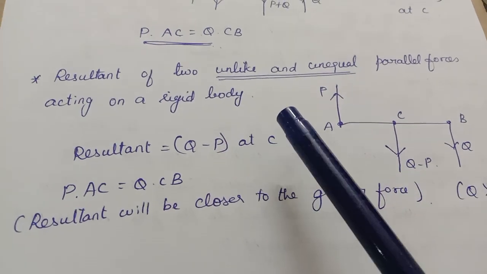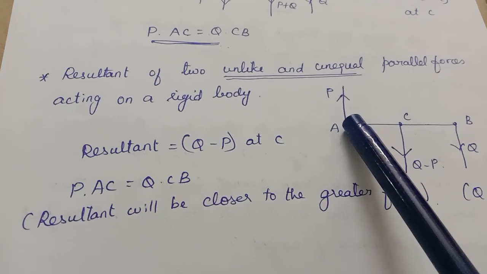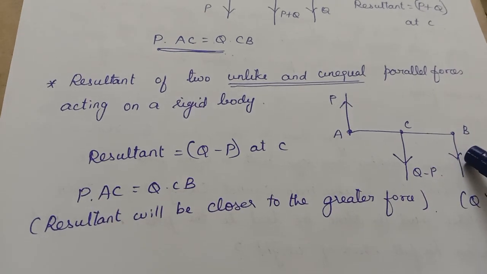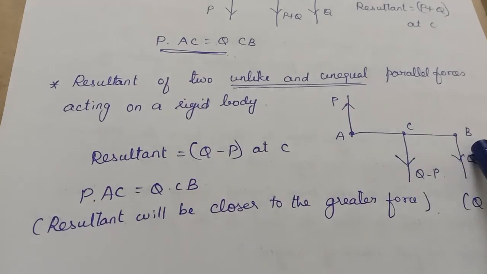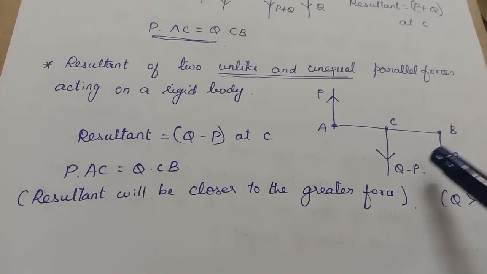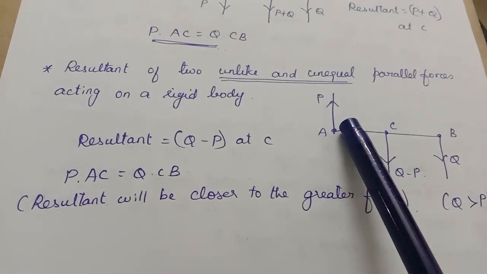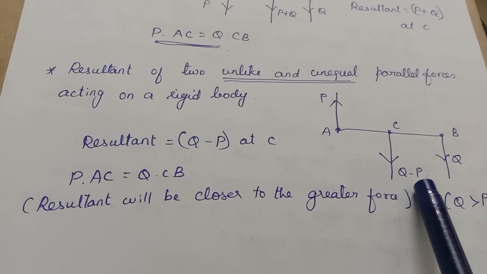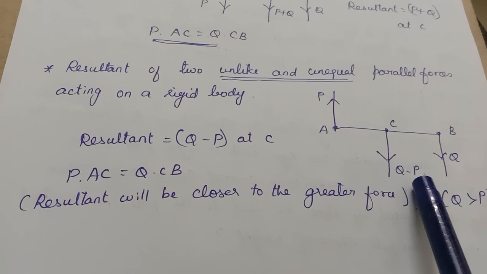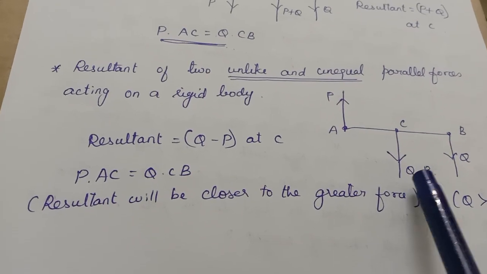Next one is resultant of two unlike and unequal parallel forces acting on a rigid body. Unlike means what? They are acting in opposite direction. So let us assume P is acting in the upward direction like this and Q is acting at B along the downward direction. Now join this AB by means of a straight line. Here I am assuming that this force Q is greater than force P. Then the resultant of these two unlike unequal parallel forces will be Q minus P. Whichever force is greater, that one minus the least force. So Q minus P will be the resultant of these two unlike unequal parallel forces, and this resultant will be